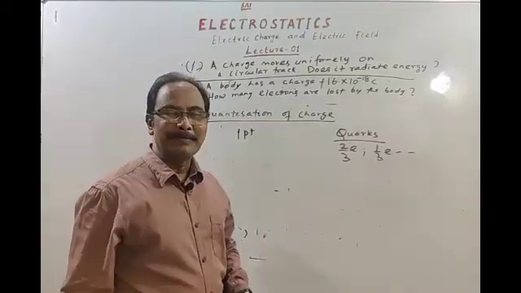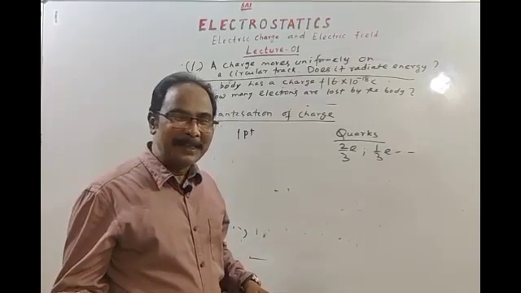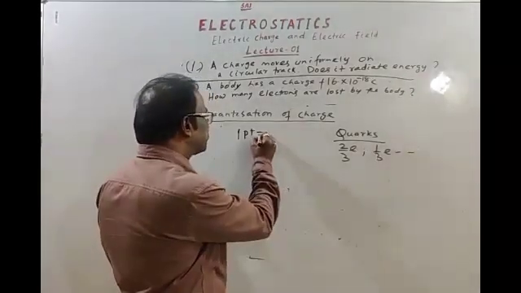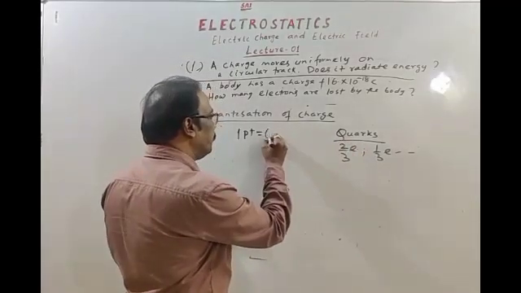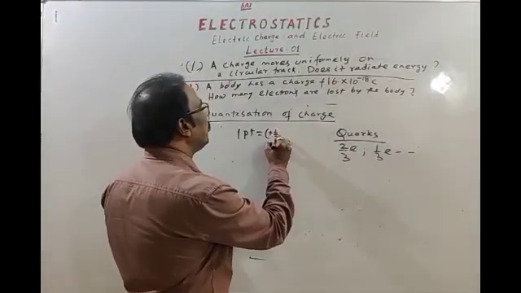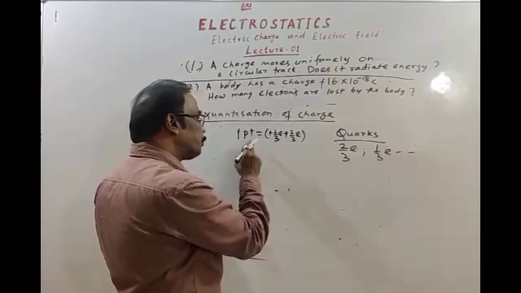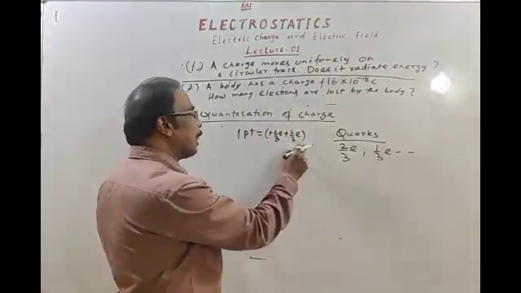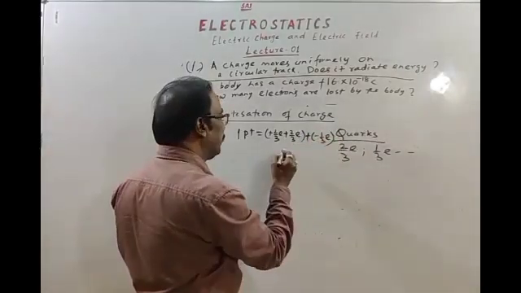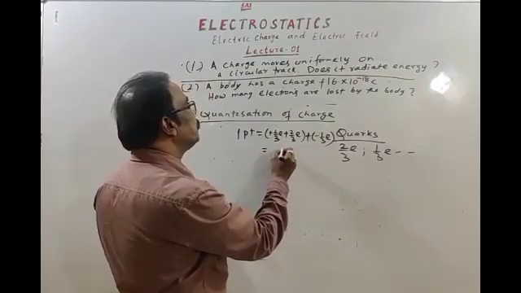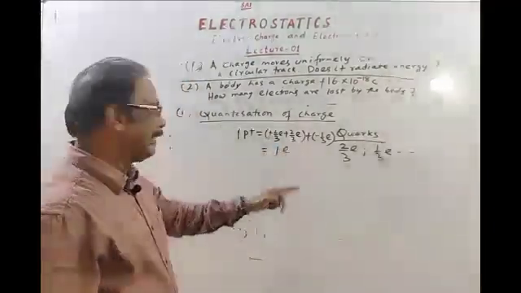The charge of proton is equal to the charge of electron, but proton is positive. So proton contains quarks: 2/3 of the charge of electron, positive, plus 2/3 of the charge of electron. The proton contains 2 up quarks and 1 down quark, where the down quark is minus 1/3 e. So this is equal to the charge of 1 electron, positive. Okay. Similarly,